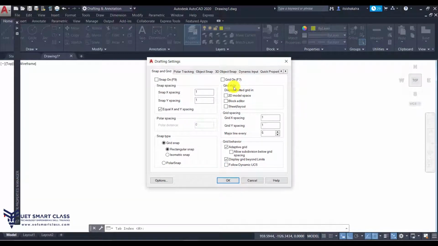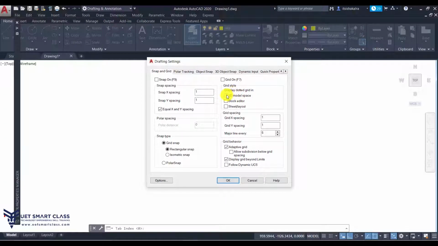So grid style lets you display the dotted grid in 3 areas: 2D model space, block editor, and sheet and layout. So this is a style which you can set. You can say display the dotted grid in 2D model space, block editor, and sheet layout. By default it is not showing dotted, it is lines.